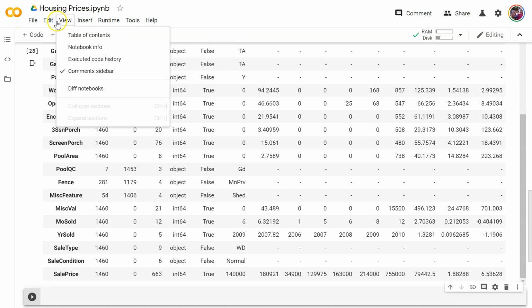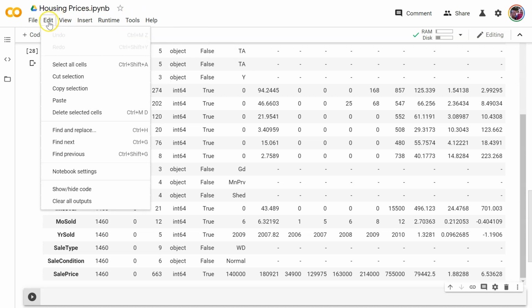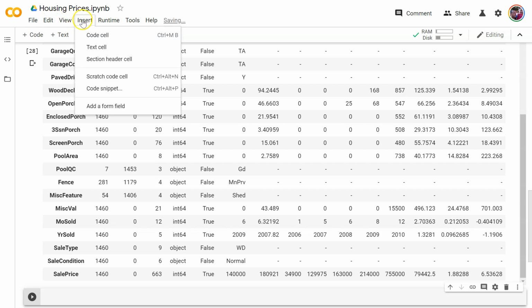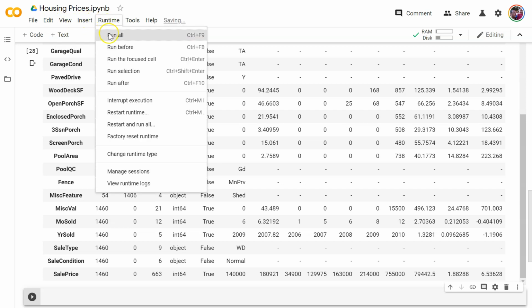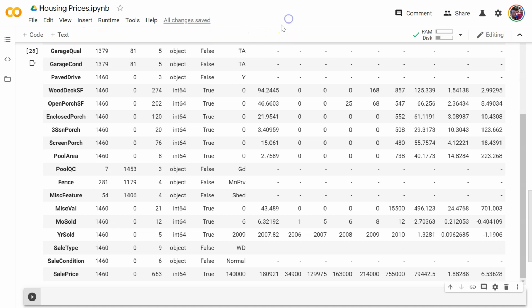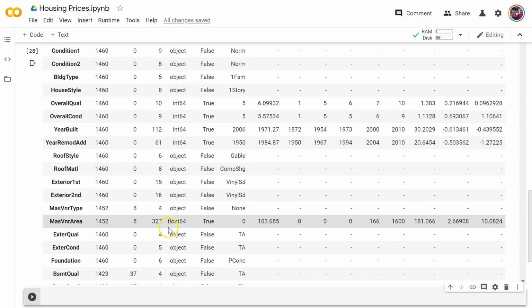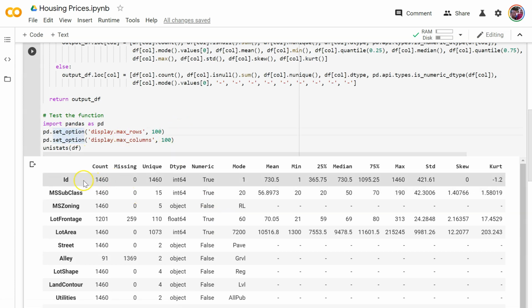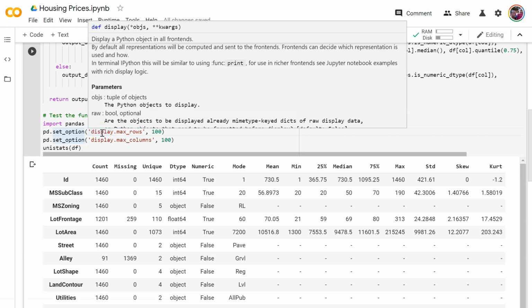Up here somewhere, edit, run, there, select run. There we go, run all, Control F9. I can run everything at once. So I'm building out my code in a way that it will make sense to run one after another in a linear fashion. So anyway, let's go ahead and run this one again